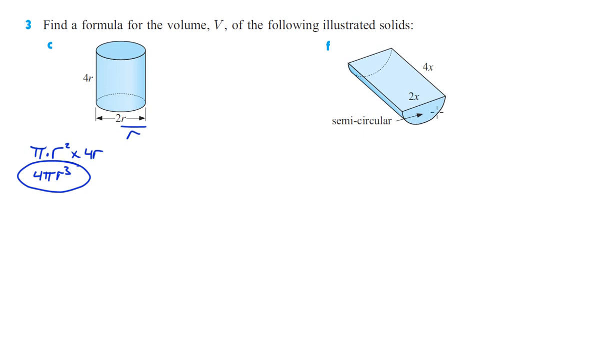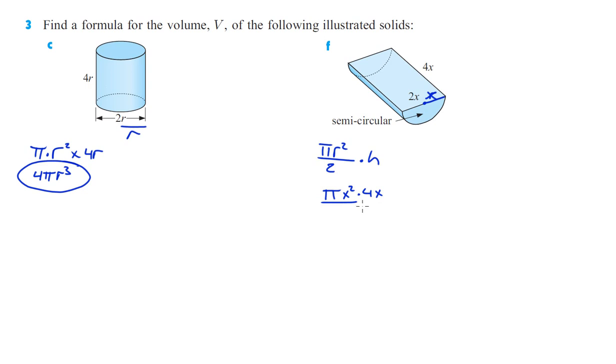Alright, so this one here, we want to find the area of this semicircle and then multiply it by its height. So that's going to be half the area of a circle. Let's see, if this whole thing across here is 2x, that means the radius of that circle would just be x. So that area is only going to be half of pi r squared, right? So pi r squared times the height, and in this case our radius is just x, so it's pi times x squared times